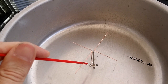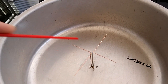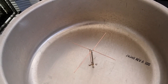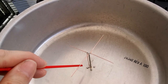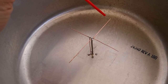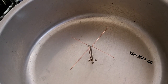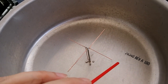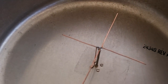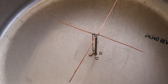As we have the coaxial feed line, 50 ohm unbalanced feed line, and we have a balanced symmetrical dipole, so I'm using a quarter wave balun stub. The length, in my case, of the longer dipole is 50 millimeters, and the short one is 40 millimeters. It is important how you connect, so this is L